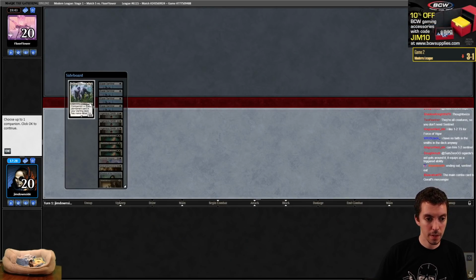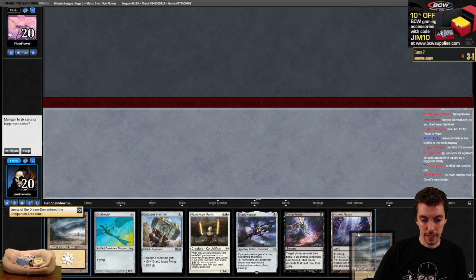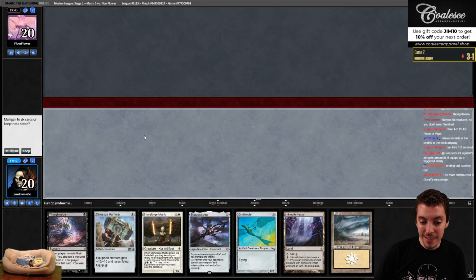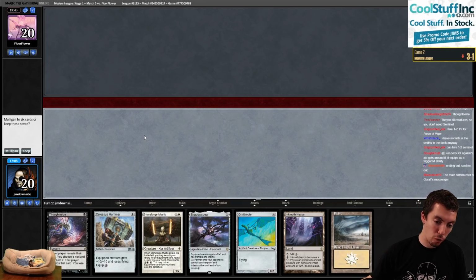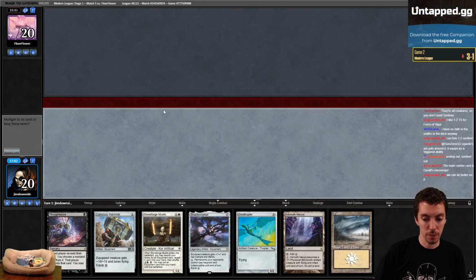Alright, on the play. Lurrus. It's fine. It's not good. Just like Thopter, Spear, turn. The thing is, Stoneforge isn't even good here. I have nothing to Stoneforge. If I was on a mulligan, this hand's not good. If we had a Black Source, I'd mulligan. So, I would mulligan, but...